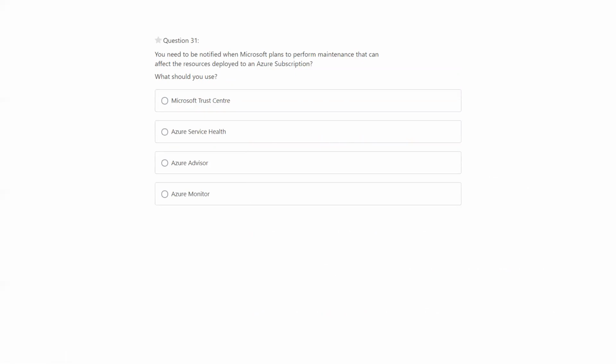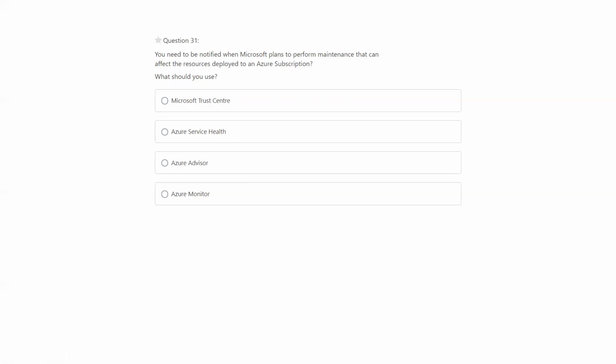You need to be notified when Microsoft plans to perform maintenance that can affect the resources deployed to the Azure subscription. So this Azure service helps to notify the planned activities from Microsoft.